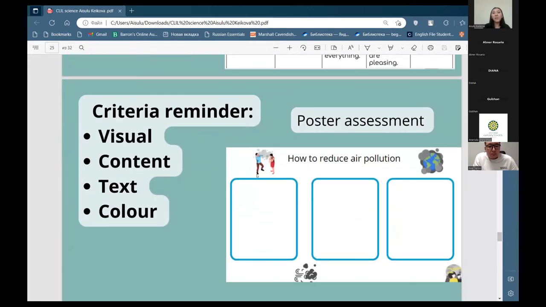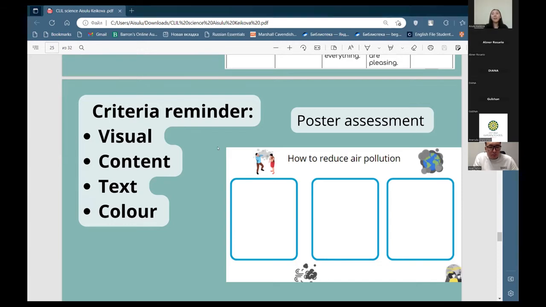The last assessment related to posters was how to reduce air pollution. Then I gave them this criteria reminder, so they don't have to understand a big text, but they understand what is visual, what is content, text, and color. And if they ask me, should I color or can I just